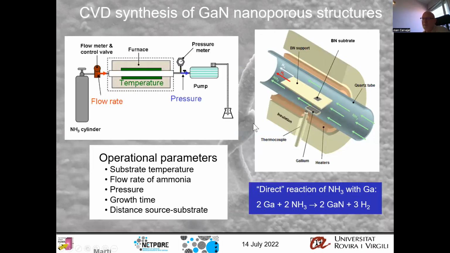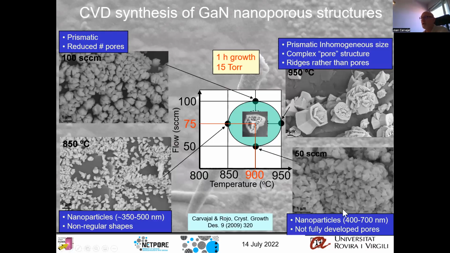The operational parameters that we have to understand are the substrate temperature, the flow rate of ammonia, the pressure, the growth time, and the distance between the gallium source and the substrate. By changing those parameters, we discovered that the conditions to obtain those porous particles are very limited. Just by changing the flow of ammonia or the temperature, the morphology that we obtain is not exactly the same as the one we obtain in these